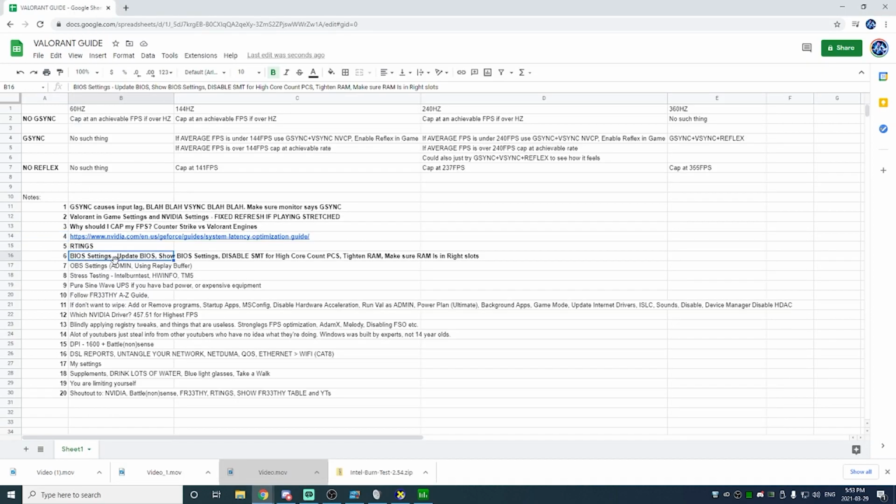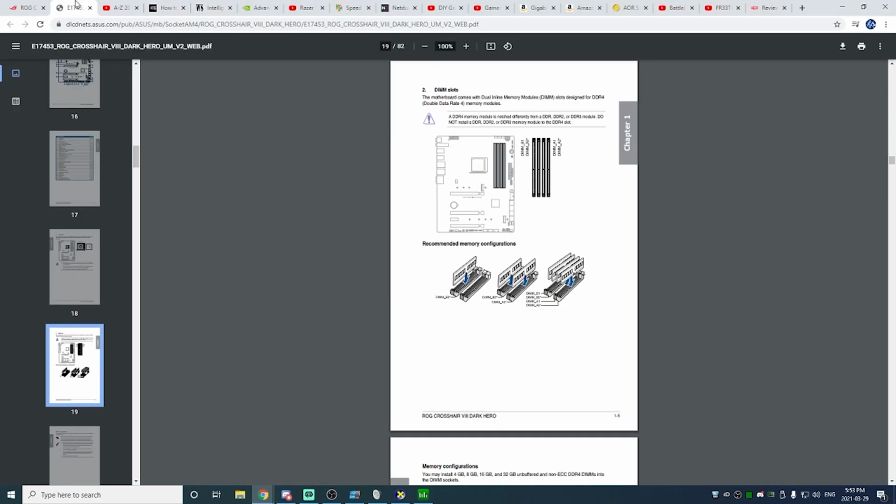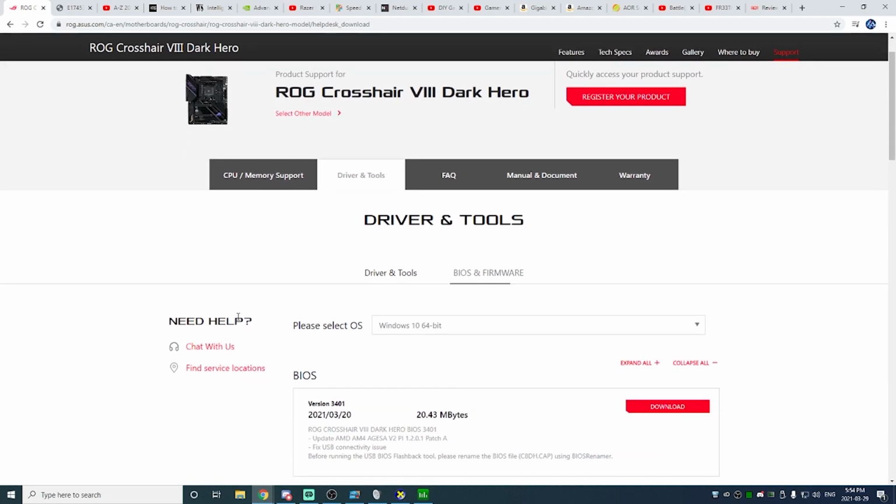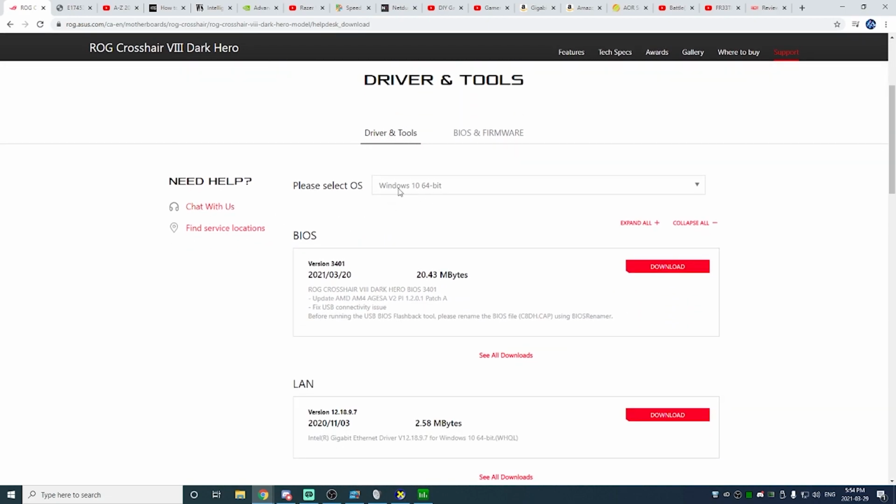Okay, the next part is BIOS settings. Updating BIOS is the first thing on the list. If you go to your motherboard's website, I have a ROG Crosshair 8 Dark Hero, and I go to Support, Driver Tools, and Drivers and Tools. I select my OS and I see BIOS here. I download it, put it on a memory stick, and I flash my BIOS